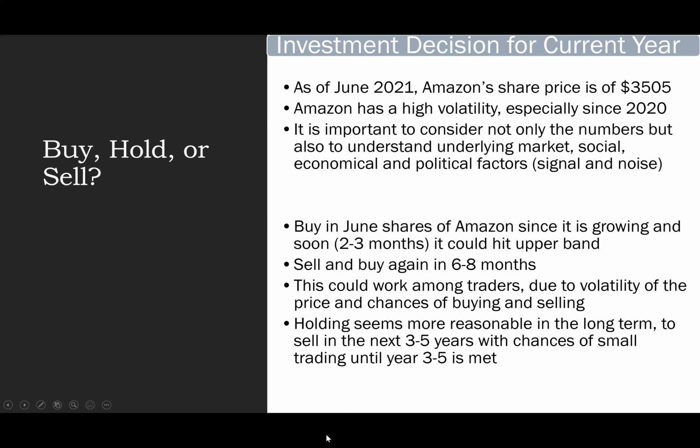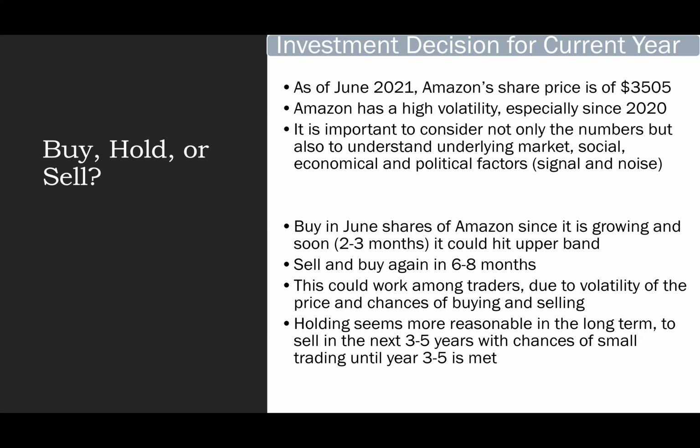So as a final decision, what we suggest is to buy Amazon shares in June 2021, since in the last part of the Bollinger graph we can see it is growing, and soon, maybe in 2 to 3 months, it could hit an upper band where it would be a good idea to sell it, and then buy again in 6 to 8 months, since the volatility that we have seen and experienced in the last years in Amazon shows that